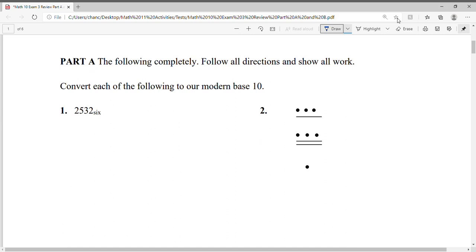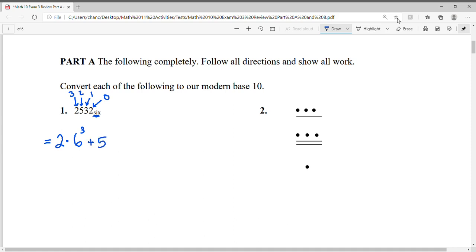Question 1, we have 2, 5, 3, 2, base 6, and I want to convert this to base 10, which is our system. I need to remember the exponent starts from the right first as an exponent of 0. Then we have an exponent of 1, 2, and then 3. So we'll convert this to base 10 by writing the following. 2 times 6, since this is base 6, raised to the third power, since this is an exponent of 3,